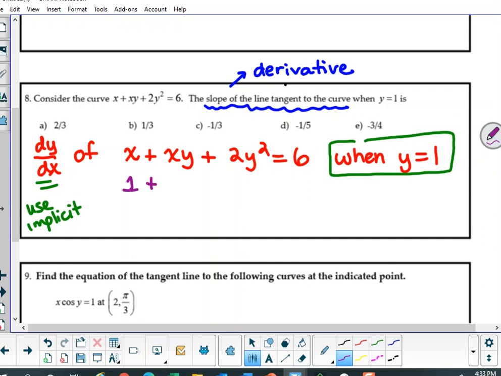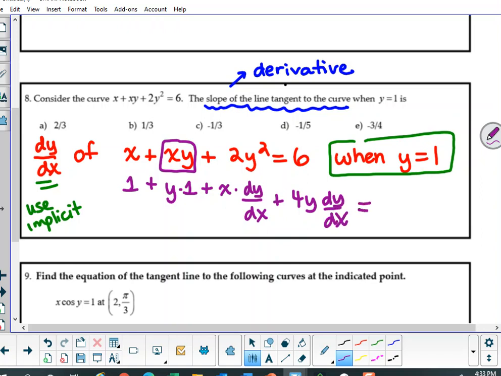1 plus, this little piece, I need to use product rule. So y times 1 plus x times dy dx. The second function was y, my first function was x. So y times derivative of x plus x times derivative of y plus 4y dy dx equals,